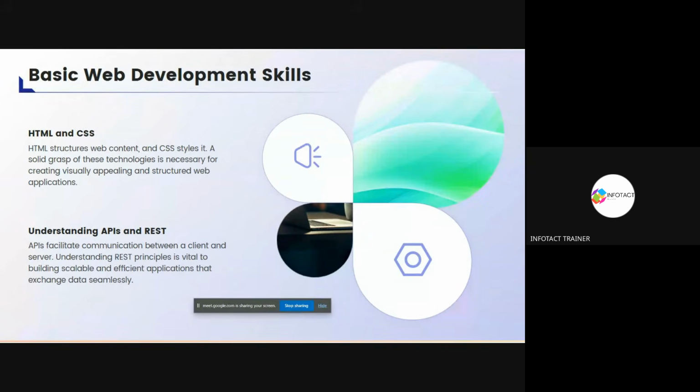And now what is the REST API? REST API stands for Representational State Transfer API. And why do we use that? Say for example,